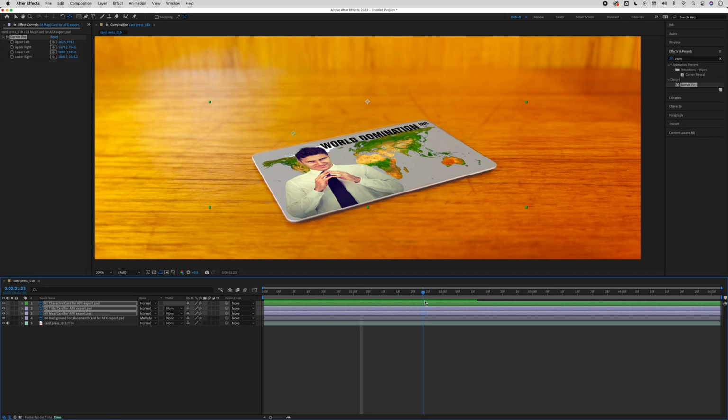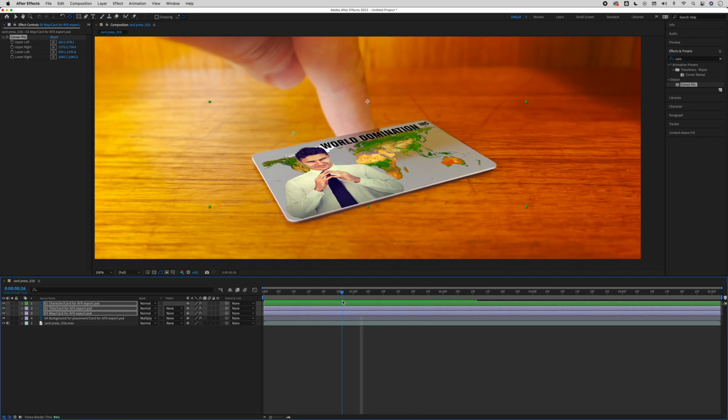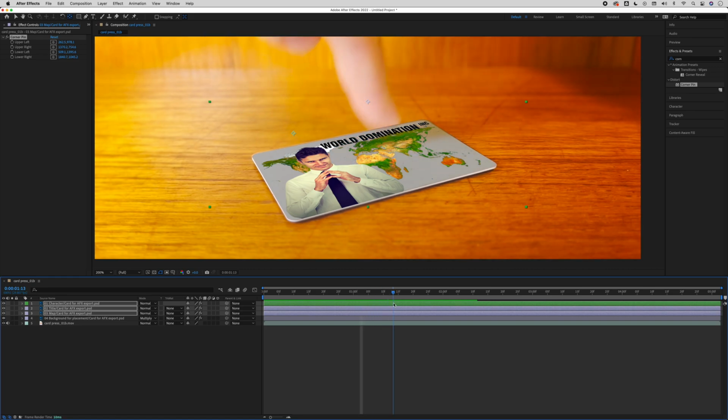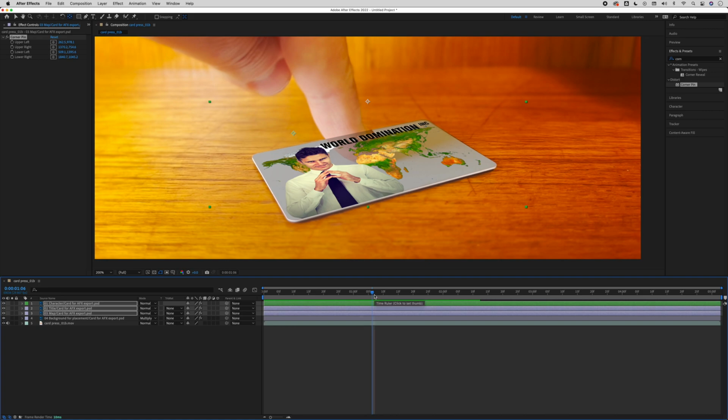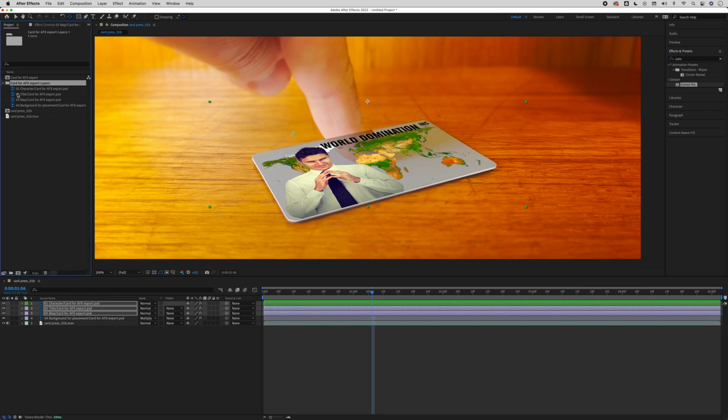Save your project. Before we do go too crazy with the next couple of steps, do save increments of your project. Now I'm going to show you something very important when it comes to saving in After Effects. The important thing to remember is that After Effects does not keep, let's go to the project window, it does not keep your assets in the After Effects project that you create. So .aep, After Effects,